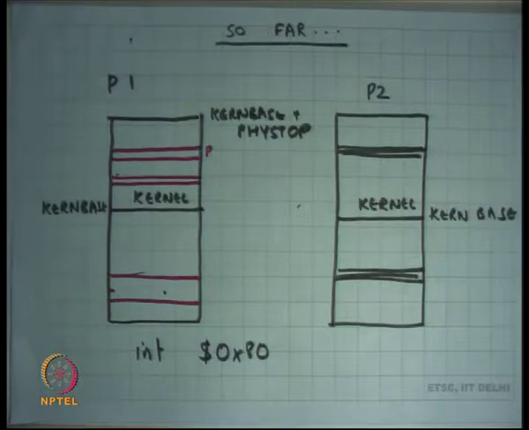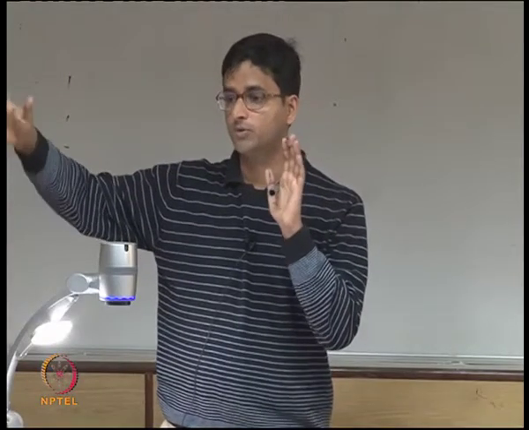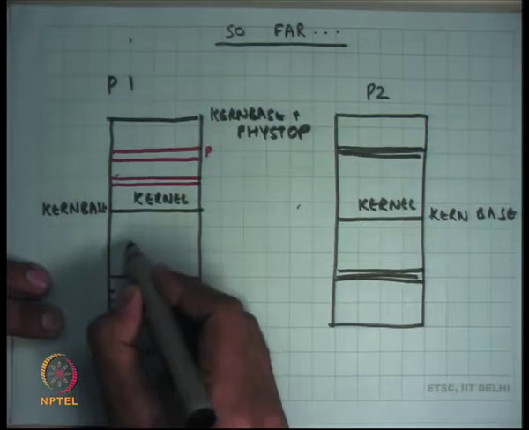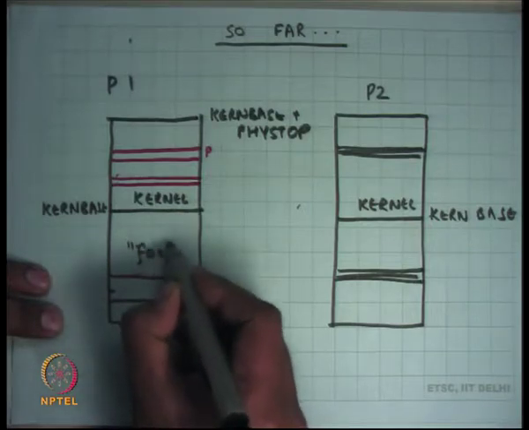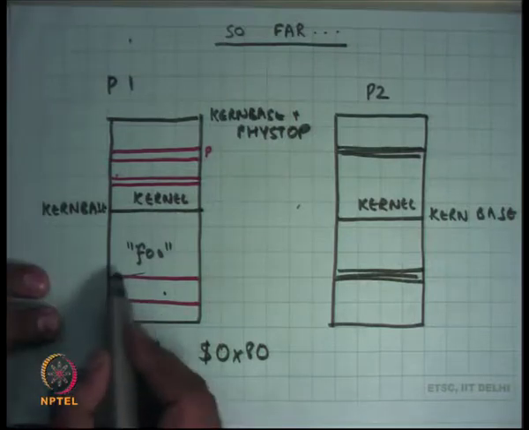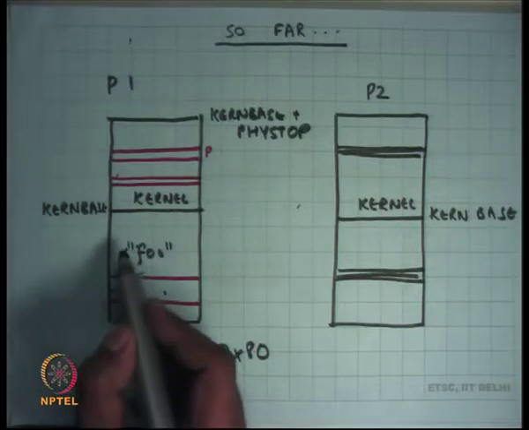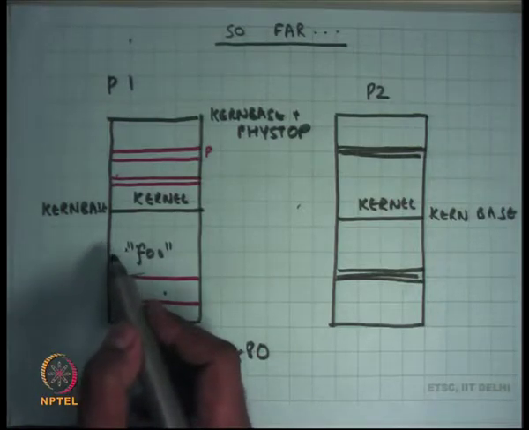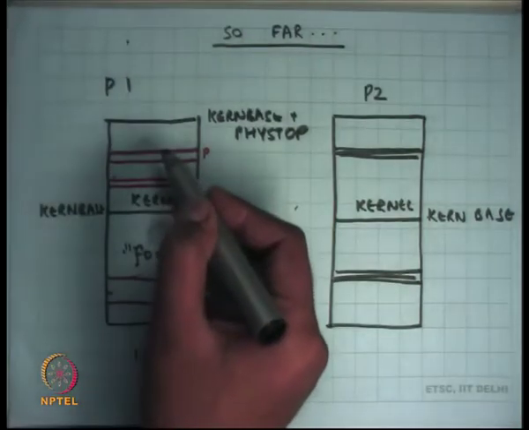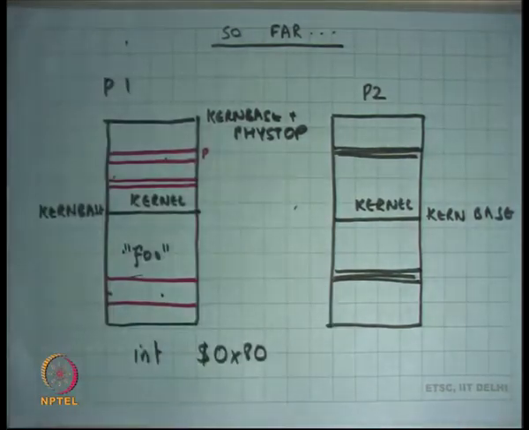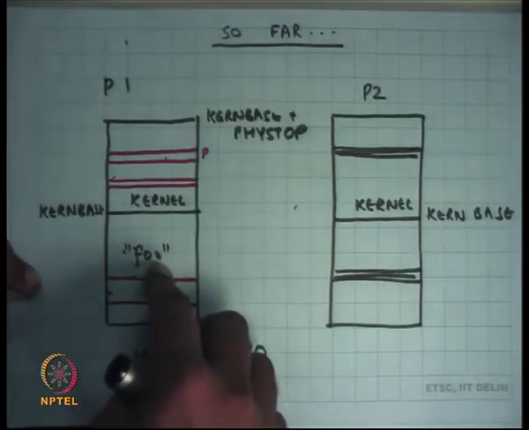But if I was supposed to give any string, let's say the exec system call takes a string argument, and a string can be pretty large and registers are not enough to hold a string. So the way to do it is that the string is going to live somewhere here. So let's say there is a file called foo and the string foo is living here, and what the user does is set up the value of the pointer which points to foo as the first argument, in the register, let's say ECX. And so the kernel looks at that pointer, and because the kernel has the same page directory mapped, so the same address space is mapped, when it dereferences that pointer it can read the string foo.